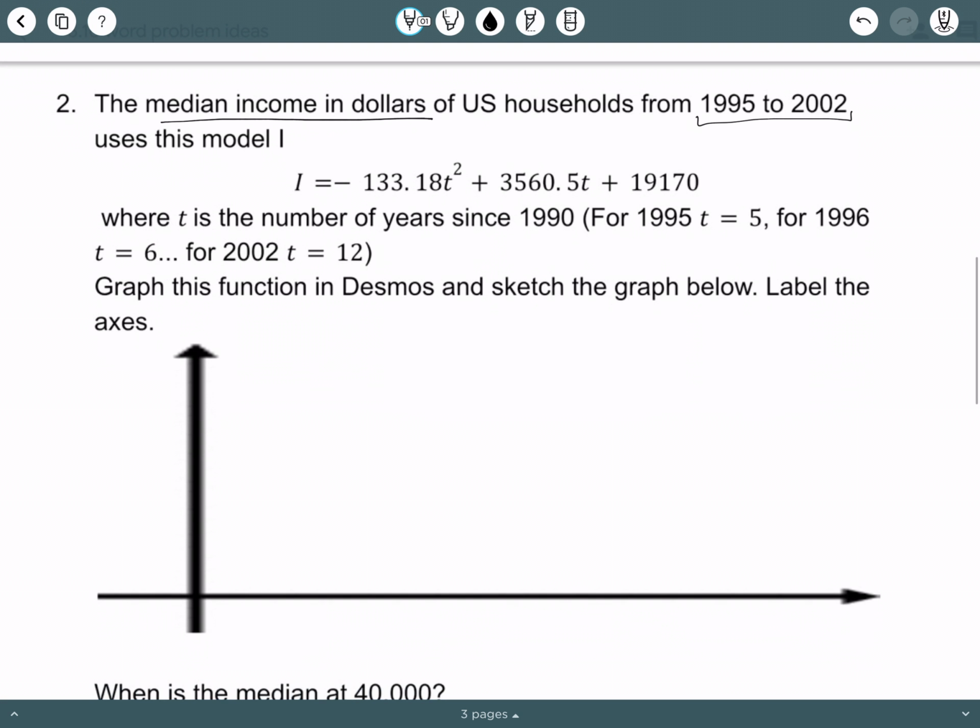So for this model, I is the income that we are getting, and we are using this quadratic equation, where T is the number of years since 1990. So for 95, we would have T equals 5. For 96, we would have T equals 6. For 2002, we would have T equals 12. So our goal is to graph this function in Desmos and sketch the graph below, but first we need to